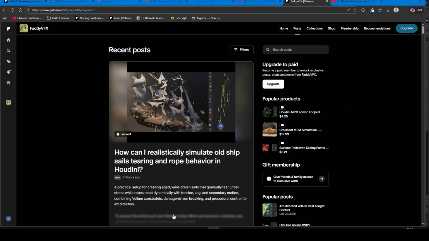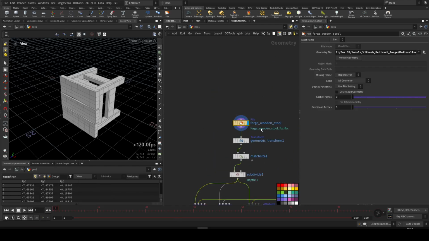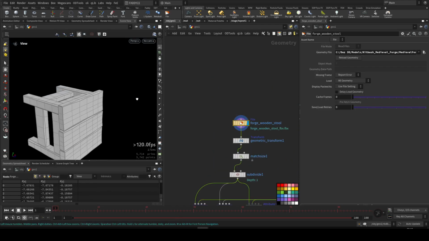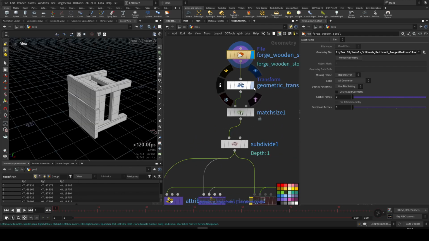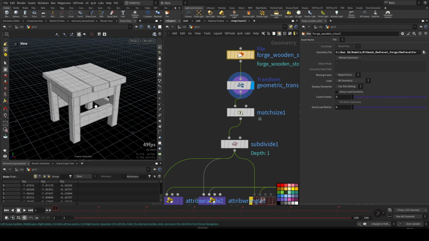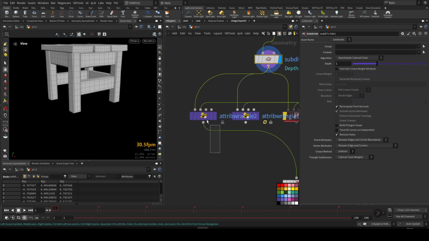Let's go to the HIP file. So at the beginning, this is a geometry I downloaded from Sketchfab. Okay, I adjusted it and matched the size, put it on the ground, added some more subdivision, and then I run